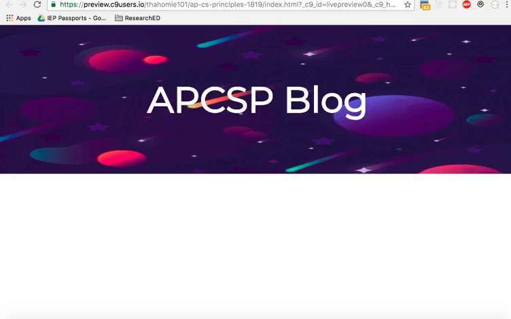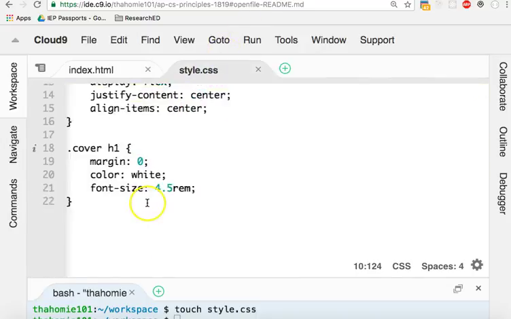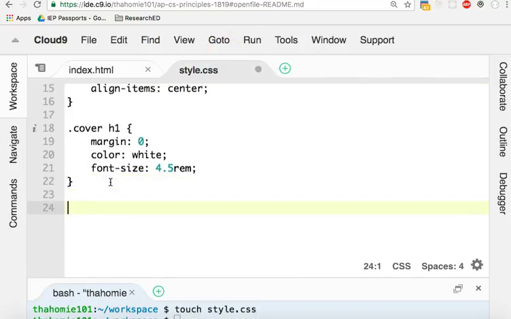Now that it looks okay, it's starting to look like something we sort of want. We need to add some stuff down here to make this look nice. And so what I'm going to do is go into the main section. And the main section, just to give you an idea of what it looks like, if you give this main section some styles, if you say dot main,